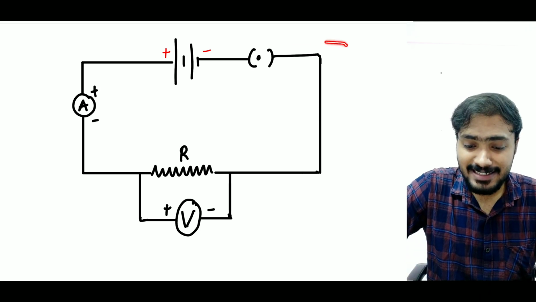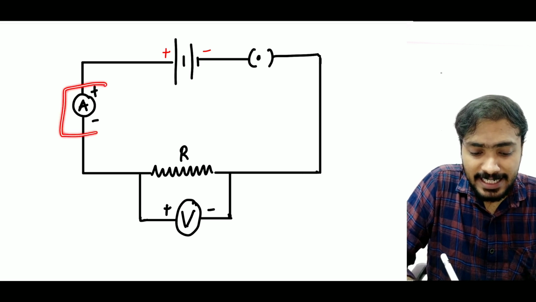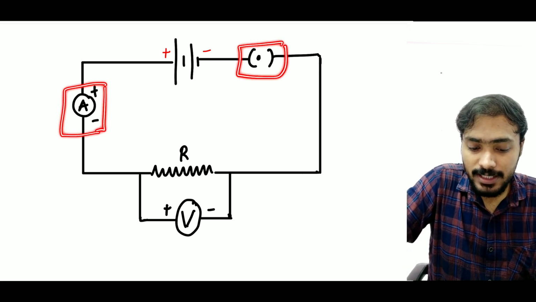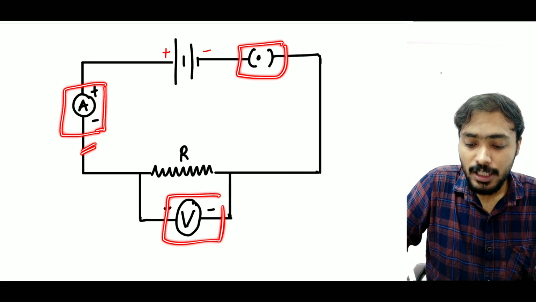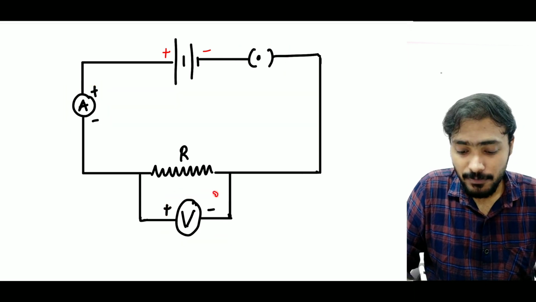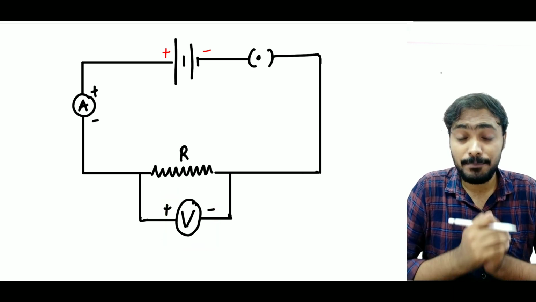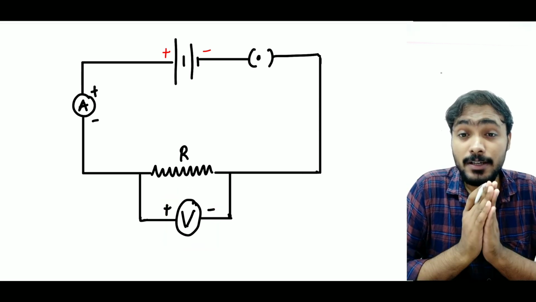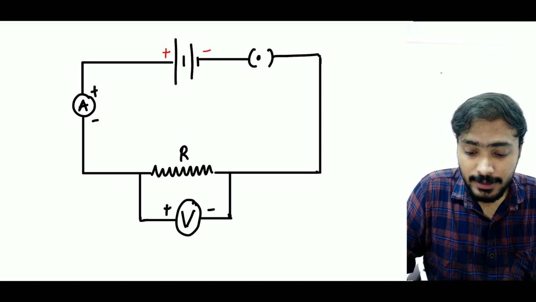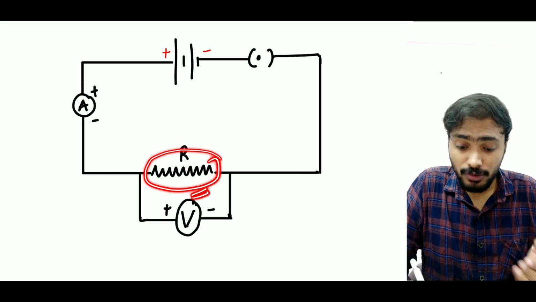So basically it is just again a simple circuit, but right now I have some additional components here. I have a key over here, I have an ammeter, I have a voltmeter. Now why do I have all these devices? The ammeter can measure the current, and the voltmeter can measure the potential, right? All right. Now it is observed that the current that is flowing through your bulb or through your